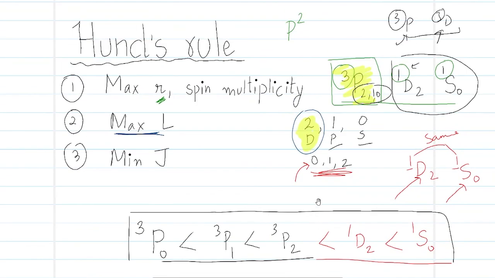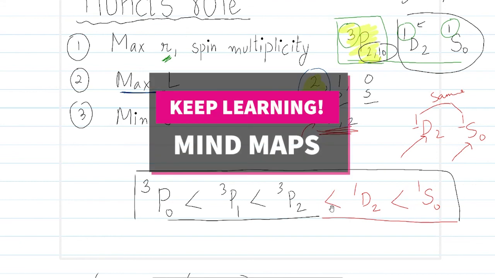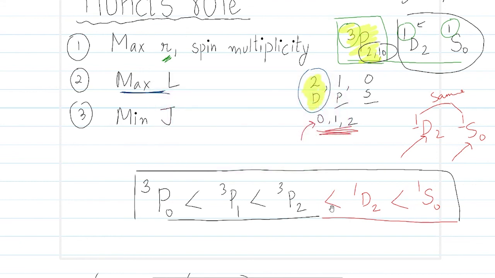So I hope you understood what Hund's rule is and how we find the ground state term symbol. You know, these are not as simple as finding a term symbol in one go, but you have to find all the terms. Okay, all these terms correspond to some energy level, some transition, all are important. But then we need to find which is the lowest energy level. That is the ground state. Okay, so I hope you enjoyed this lecture. Thank you.